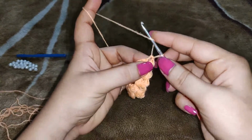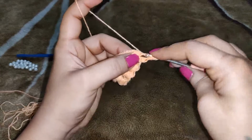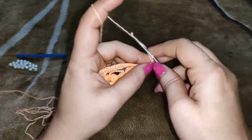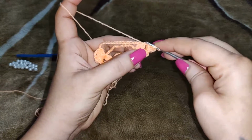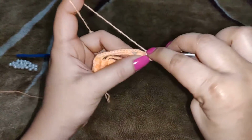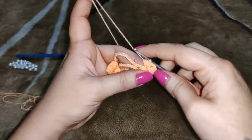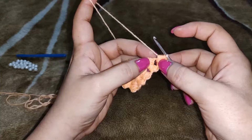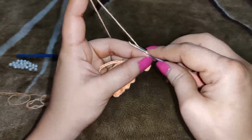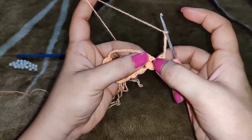Now you start with your first puff stitch. So that's 1, 2, 3, 4 and 5. And you chain 2, another puff stitch in the same chain space. So that's 1, 2, 3, 4 and 5. Okay, so now in this space we would be working 2 more puff stitches. So now after the first 2 puff stitches we need to chain 8. 1, 2, 3, 4, 5, 6, 7 and 8,